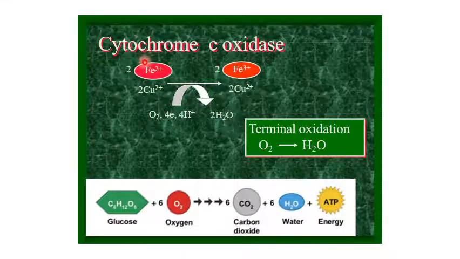Now coming to one of the most important dioxygen activations in biology, that is occurring in cytochrome C oxidase. That is the terminal oxidation, water to oxygen. This is the respiration scheme as shown below. Glucose and oxygen converting to carbon dioxide and water I have already discussed in detail. So this is a terminal oxidation, O2 to H2O, which is occurring in the cytochrome C oxidase,